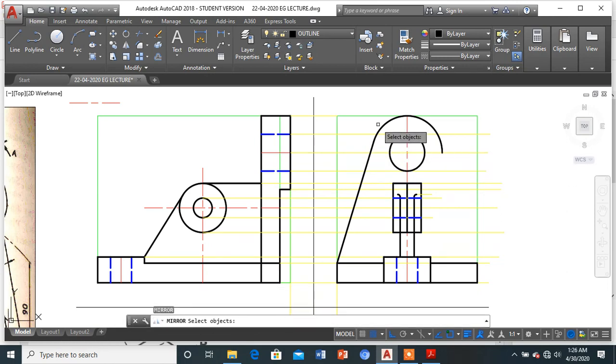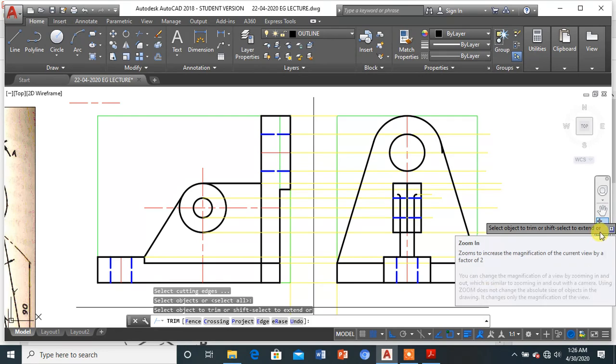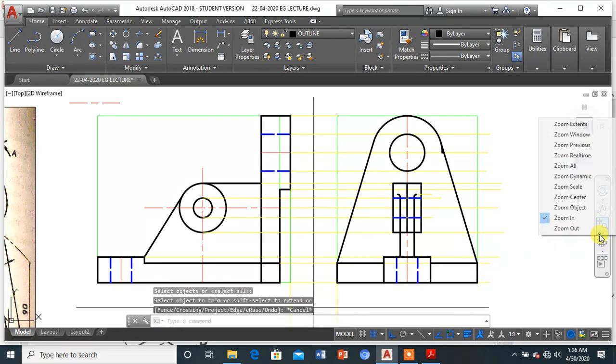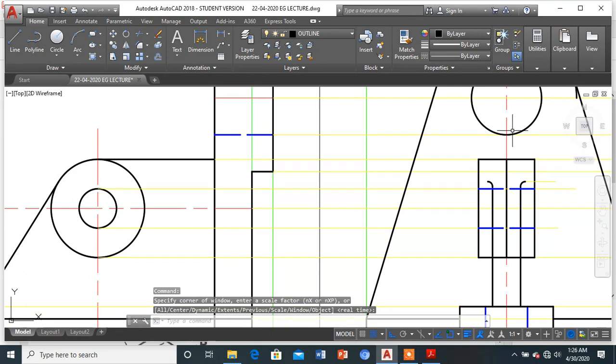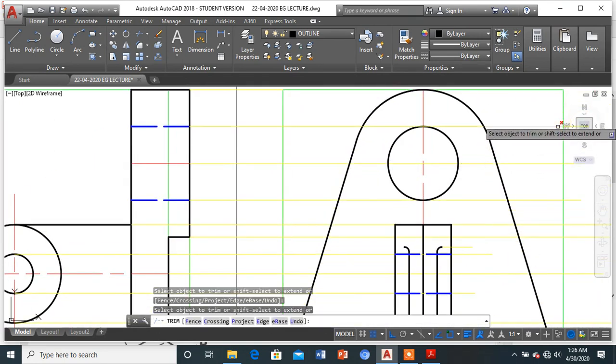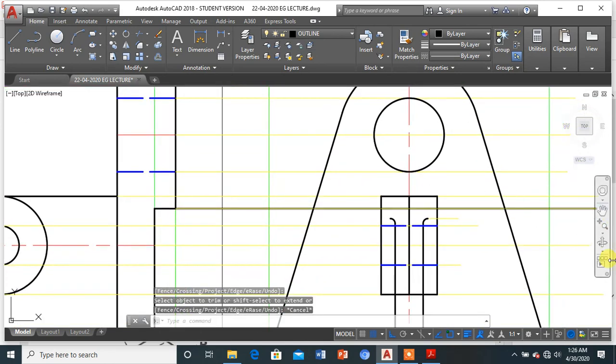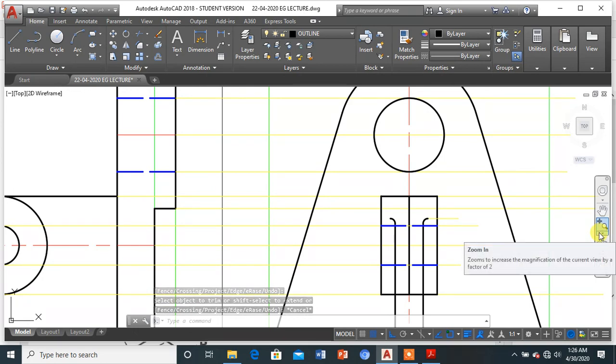Now I can simply draw this line on the other side as well. If I see over here, the extra part I can simply erase. Okay, so once we are done, this entire part is going to get erased.